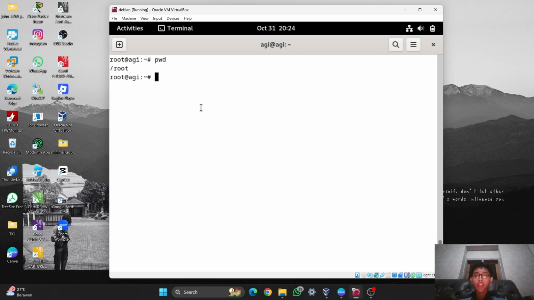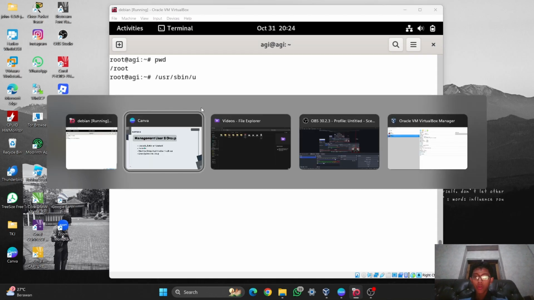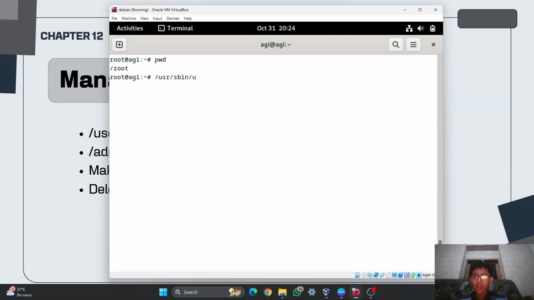If you want to make a user, you can use /usr/sbin/useradd, and after that the name of the user that you want to make. For this one, I will make gr1. And if I check the home directory, which is ls /home, it will not show in here.